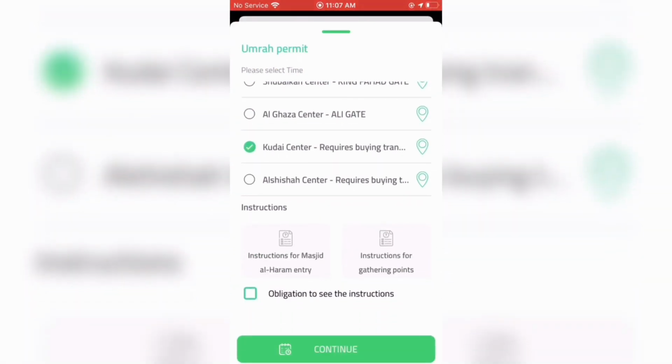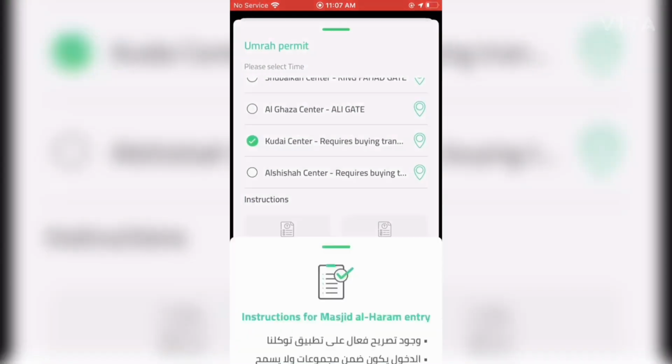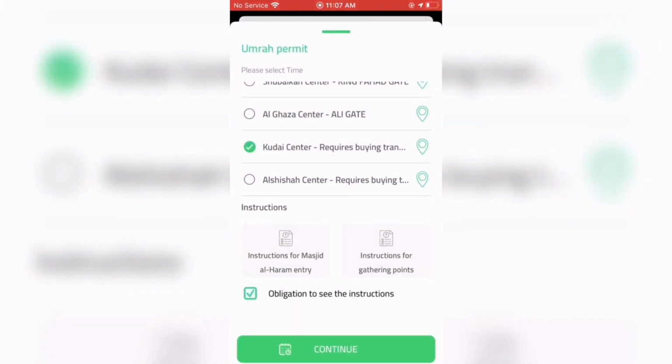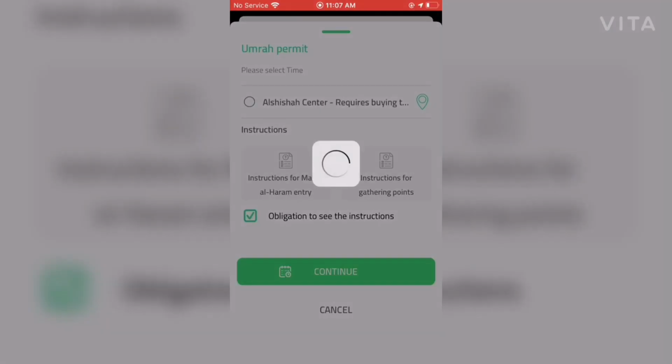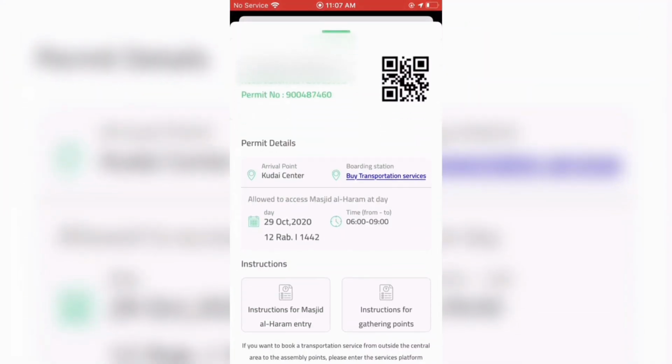Then we need to see the instructions. The instructions are in Arabic. You can just translate them with Google Translate. Then click on obligations to see the instructions. Then continue. So there we go. I got the permit. Here is the reservation number, here is the permit number,